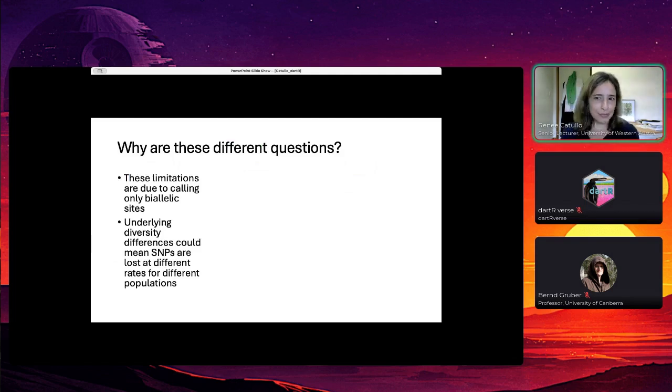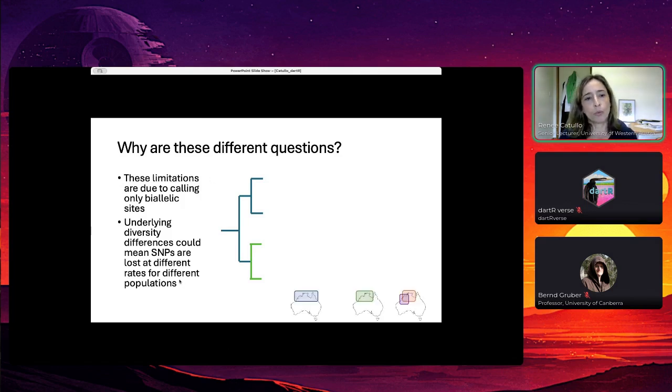So try this visualization. So these are limitations because SNPs are biallelic. So let's say we have our data here. We have 2 species with 2 populations each. Actually, let's say this is 4 species. So when we have our data set,